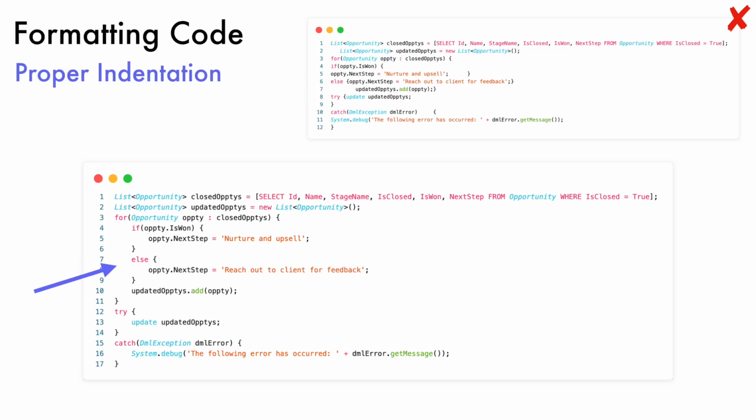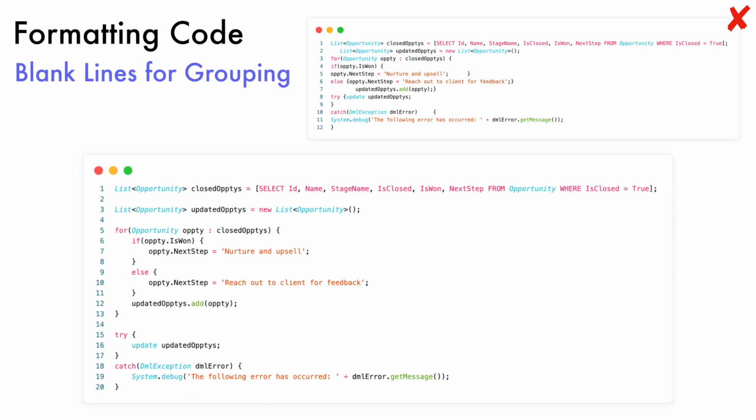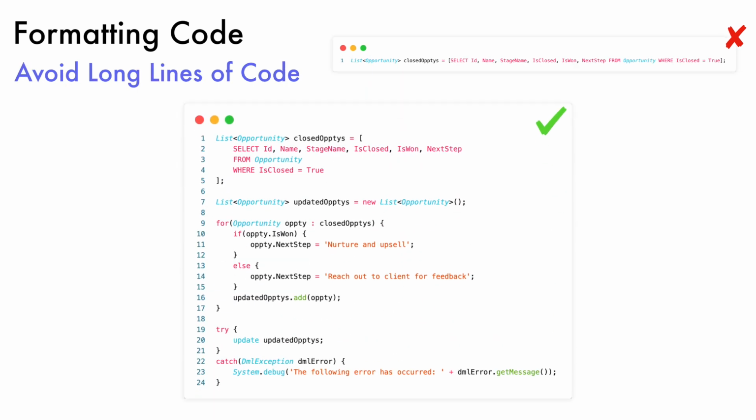Indentation visually separates different blocks of code like loops, conditional statements, and methods. Next, you'll want to group your code in logical ways using blank lines. This provides another way of visually separating your code. You'll also want to avoid putting a lot of code on a single line. For example, I split this long query into